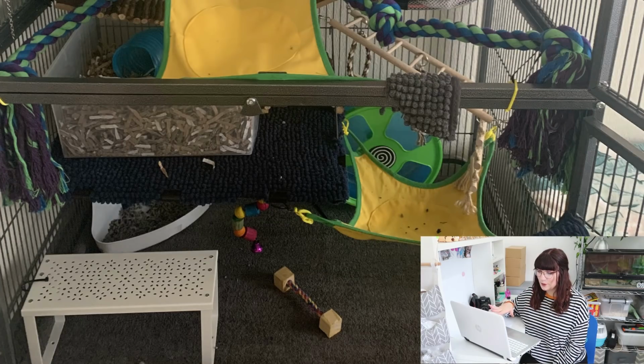You've also got a dig box for them. Even though you're choosing not to use a loose substrate on the bottom, you have provided them with a dig box with shredded cardboard in, which is really good and allows them to forage in that, so I think that is great. Moving down the cage, I see a couple of chew toys which look really nice,